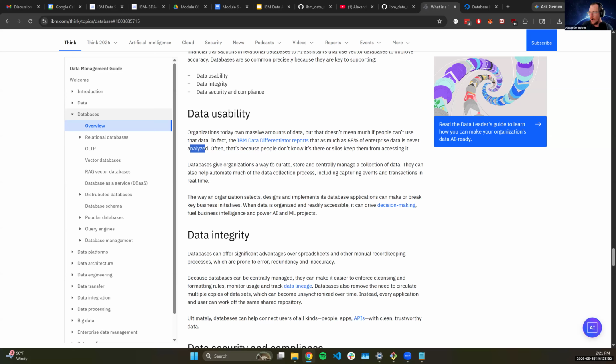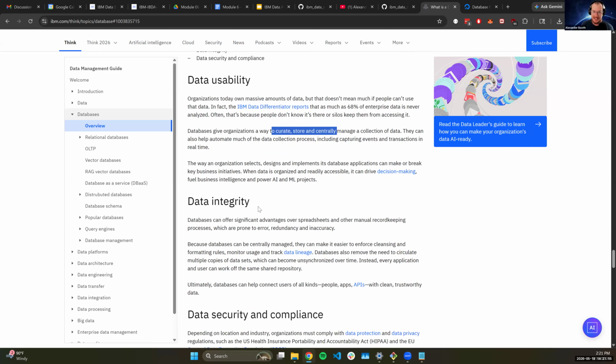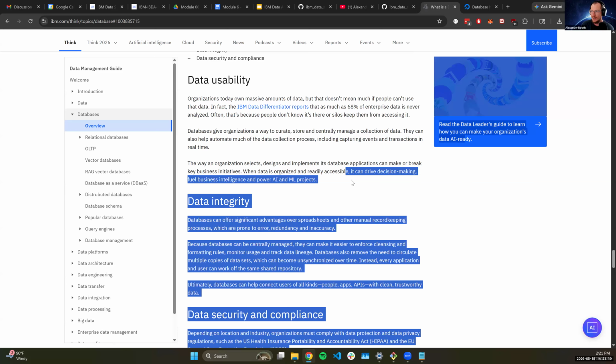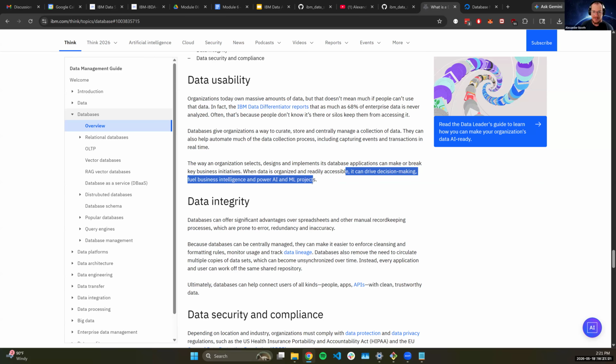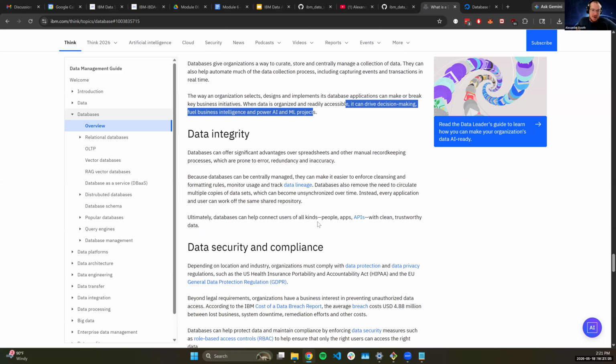If we are able to store and curate data effectively in a centralized single source of truth, we should be able to make it easier for people to access it to bring into their analytical workflows. And again, what's the point? What's the point of data analysis? Drive better decision making, right? Fuel business intelligence, drive data-driven decisions. Sure, we could do that with an Excel workbook, I hear you say. Sure, whatever, you could, but gross.